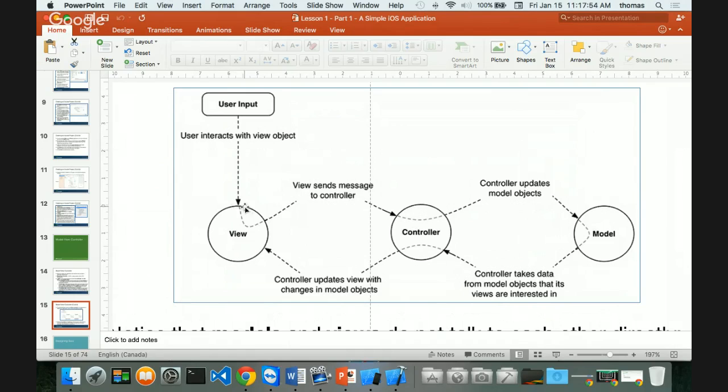And separation of concerns, each of these layers, and I was just talking about this with the web class yesterday. We were talking about progressive enhancement on the web. It's the same concept, where you have 3 separate layers: your structure layer, your presentation layer, and your behavior layer, right, on the website. Well, here you have the same kind of idea. Your view layer, which is the ability for us to get what's rendered back to you after you have input, right? Your controller, which has all the logic, and your model, which interfaces with your data, right? That's really what it's around. So that's the design pattern that Apple uses, and it's